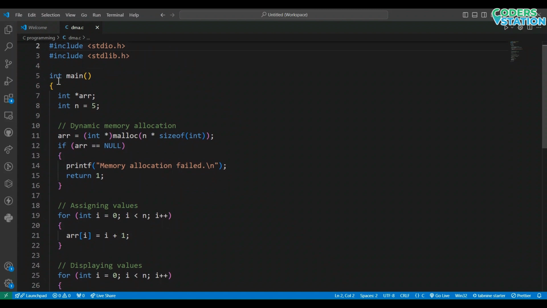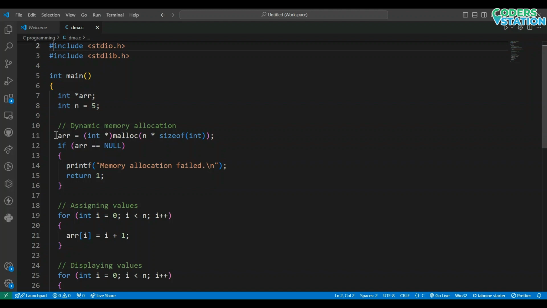Inside it we have the int pointer arr which we have created, along with another integer n equals 5, where we have assigned the integer value 5 to our variable. This initializes an integer variable to 5, representing the number of elements to be allocated.